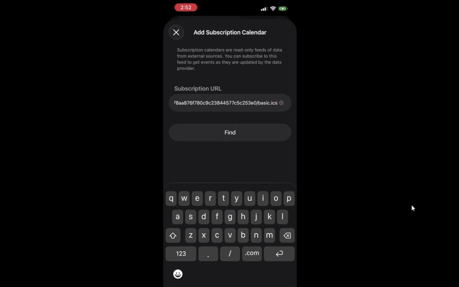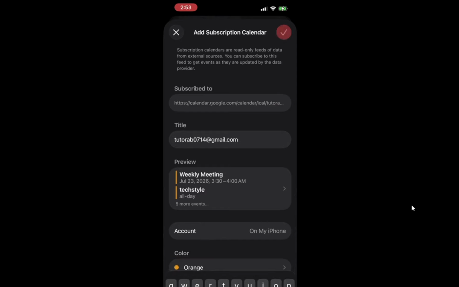Now enter the calendar feed's web address, or ICS URL, into the designated field. Make sure to type it in accurately, as any mistakes will prevent the subscription from working. This URL is typically provided by the calendar service you are trying to subscribe to. Once you have entered the address correctly, you will be ready to proceed. Checking the URL for accuracy is a key step in ensuring that you receive all the relevant events from the feed.